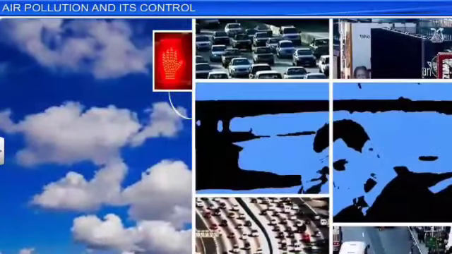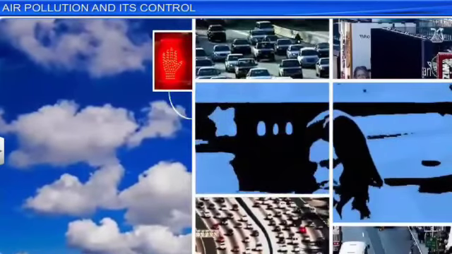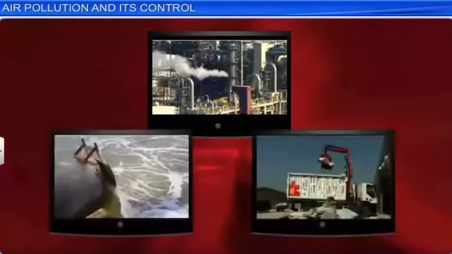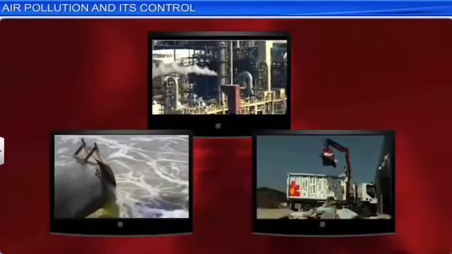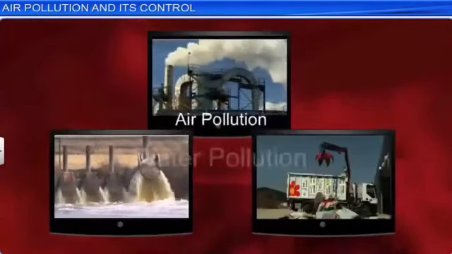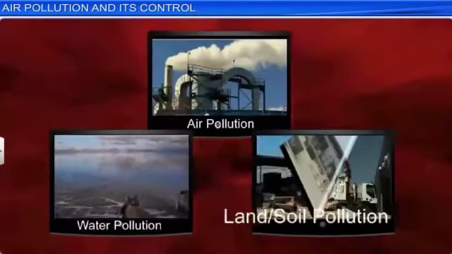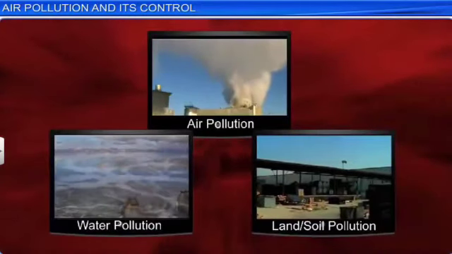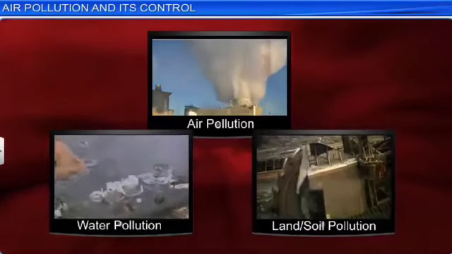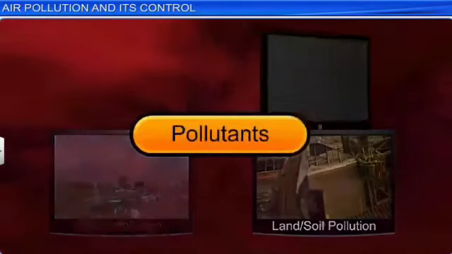Every time you stop at a traffic signal, you are compelled to cover your nose or else you end up breathing polluted air. But what does the term pollution mean? Pollution, simply put, is an undesirable change in the physical, chemical or biological characteristics of air, water, land or soil that may have detrimental effects on living organisms. Substances that bring about such undesirable changes are called pollutants.